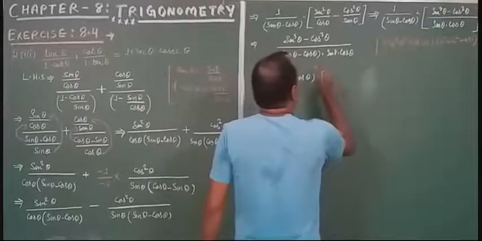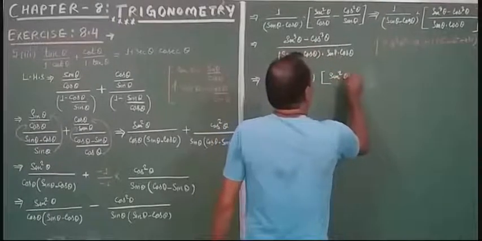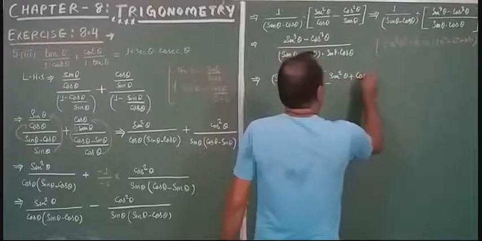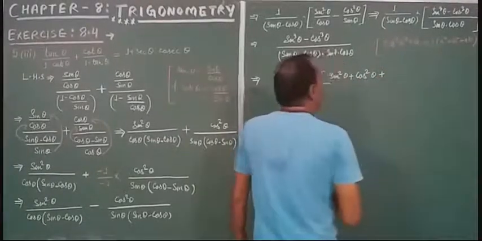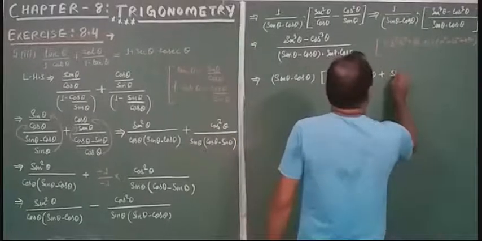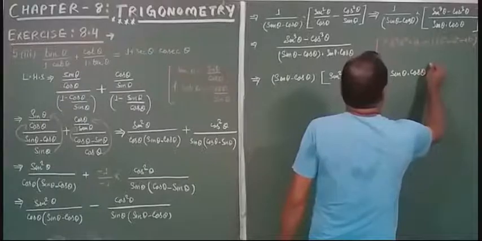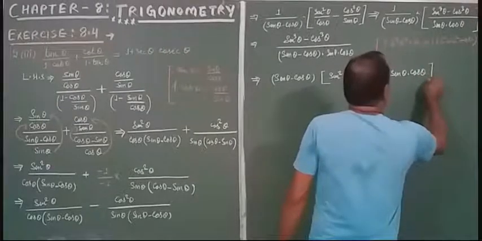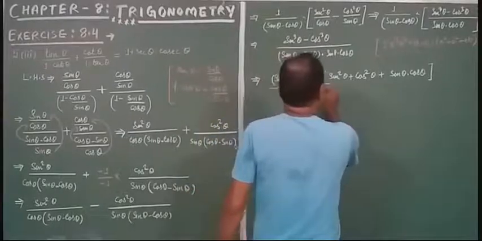A square, which is sin square theta, plus b square means cos square theta, plus ab. AB means sin theta into cos theta. This is the numerator of the question, divided by